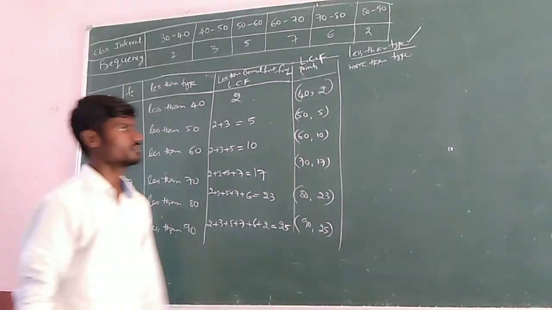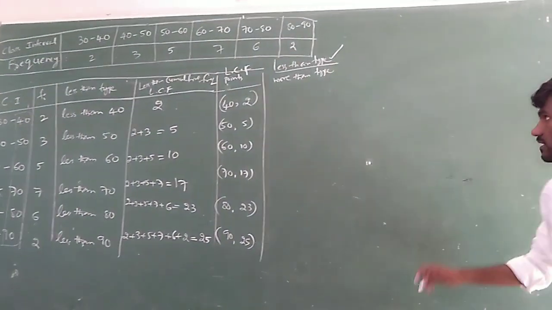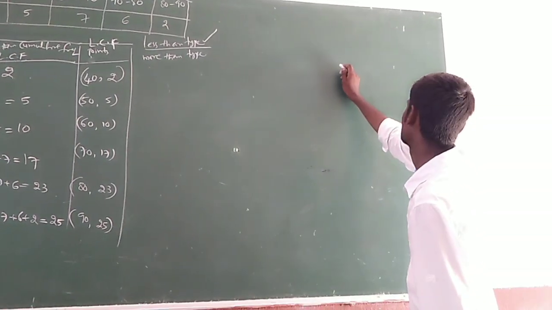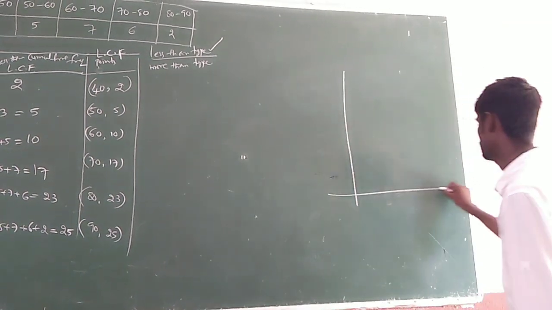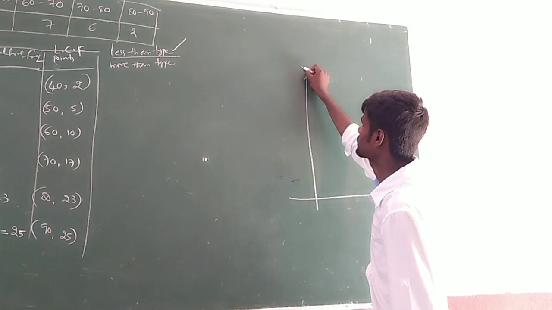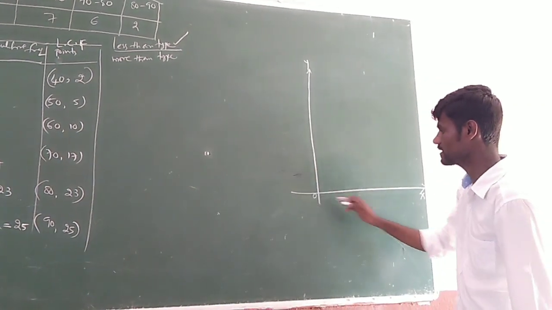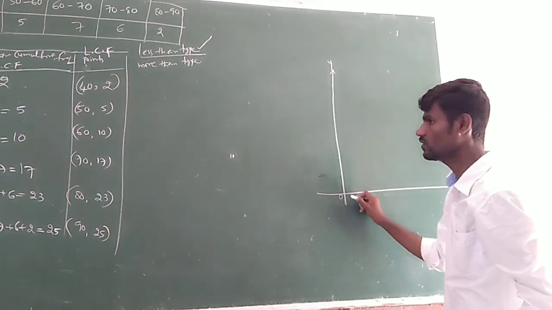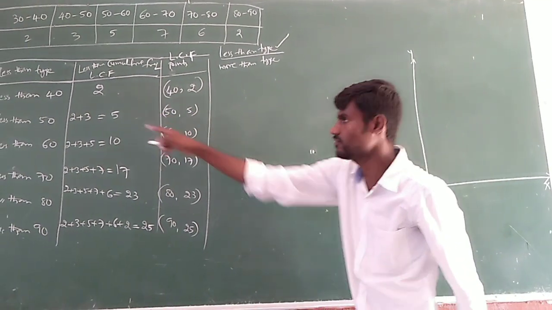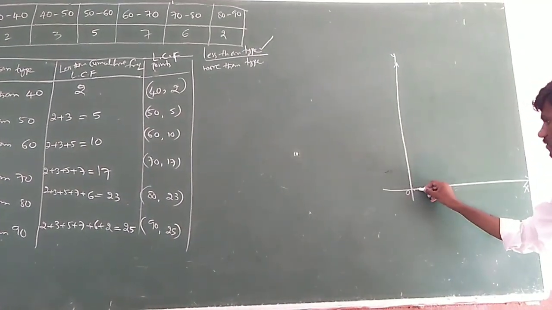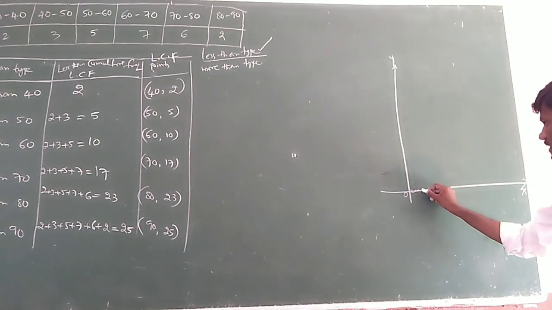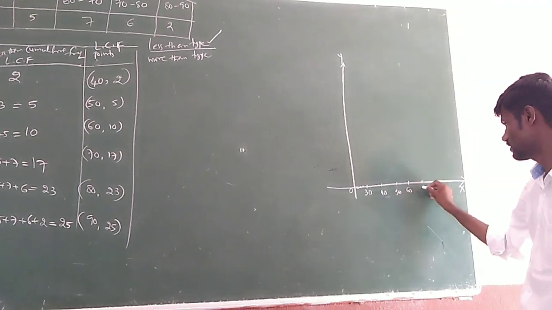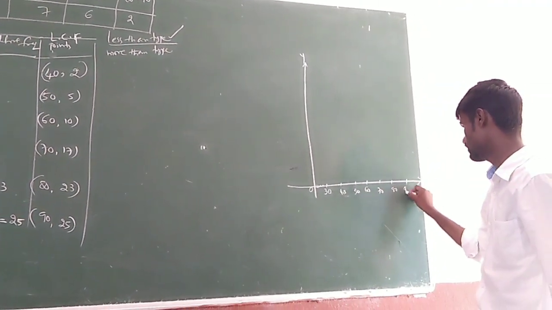So we have to draw the graph. Let us see. On the graph sheet we have, for example, I am drawing roughly here. We need to take an x-axis and y-axis, and our zero. On the x-axis we need to take boundaries. On the y-axis we need to take cumulative frequencies. If you observe, the ranges started from which number? 30, no? Just assume it is starting from 30. Then we will take 30, 40, 50, 60, 70, 80, 90.